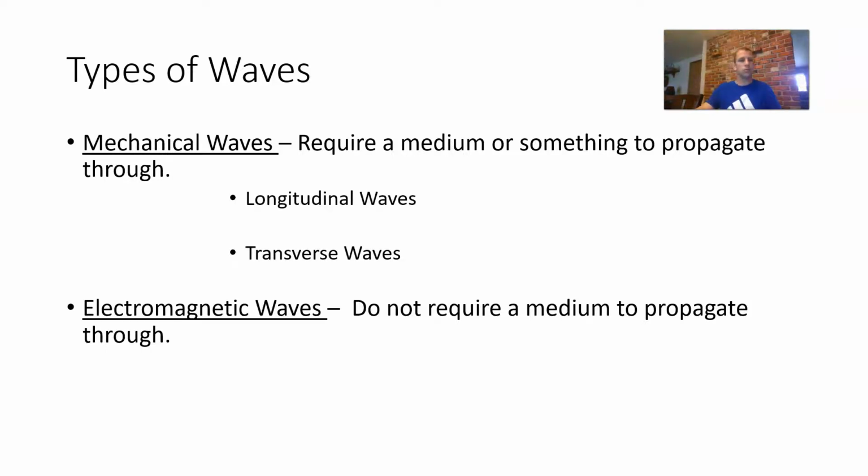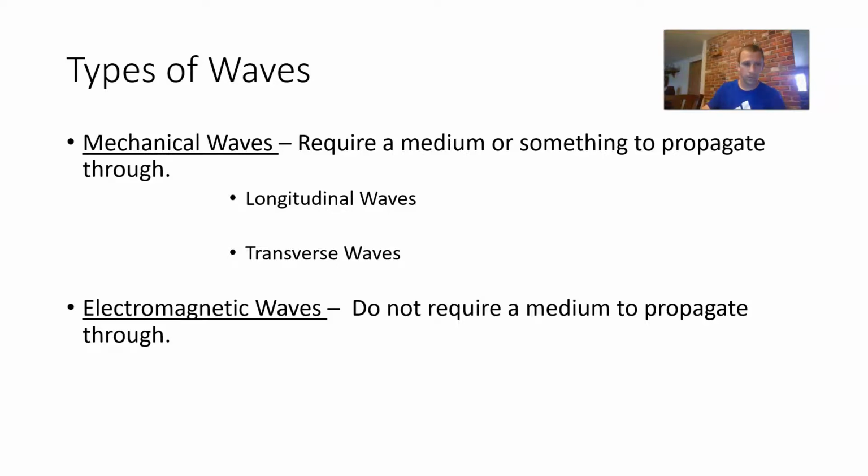Now, we have 2 different kinds of mechanical waves. The first is called longitudinal waves, and the next is transverse waves. We'll talk more about these in the next slide. But important to remember, mechanical waves, they need something to move through. That something is called the medium. That could be air, that could be a solid, that could be liquid, but these waves need to propagate through